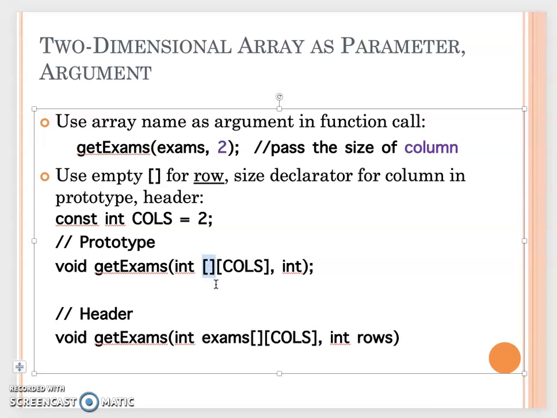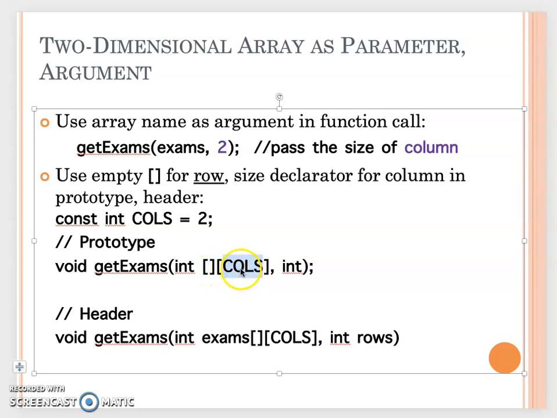Since you have a two-dimensional array, you have 2 square brackets. And we expect the second square bracket size. So when you declare the two-dimensional array in the function,